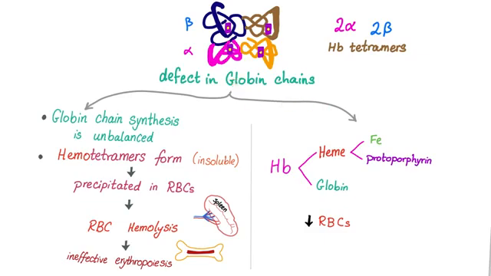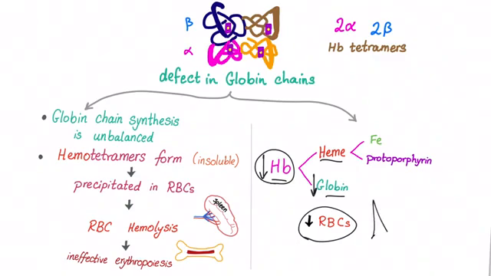Number 1, decreased globin synthesis will lead to decreased hemoglobin, because hemoglobin consists of heme and globin. Decreased hemoglobin synthesis will lead to decreased number of RBCs, i.e. anemia, because anemia has low RBC count, low hemoglobin, and low hematocrit. That's number 1. Number 2, when we have a problem in the globin chain synthesis,